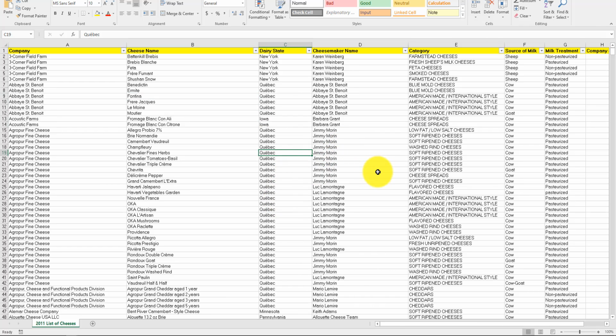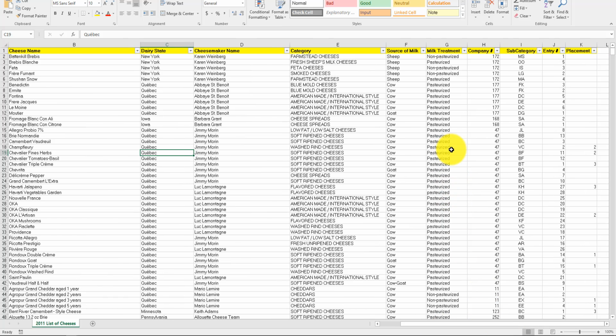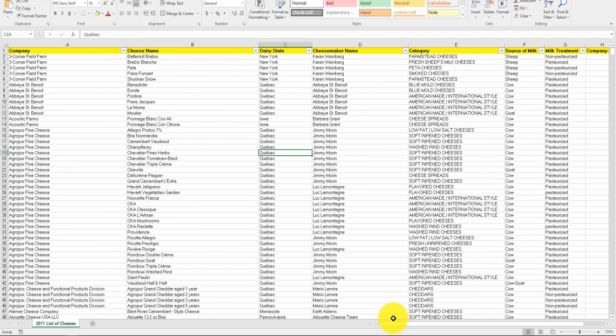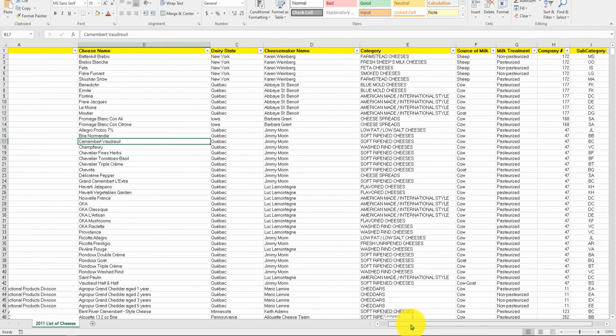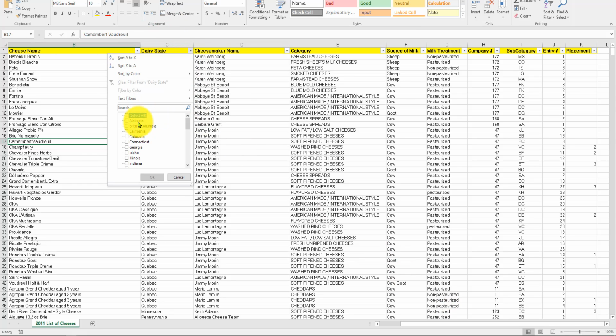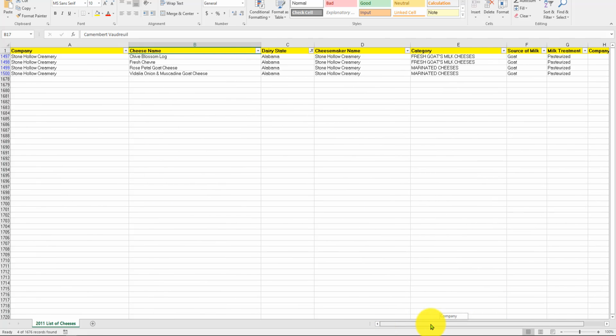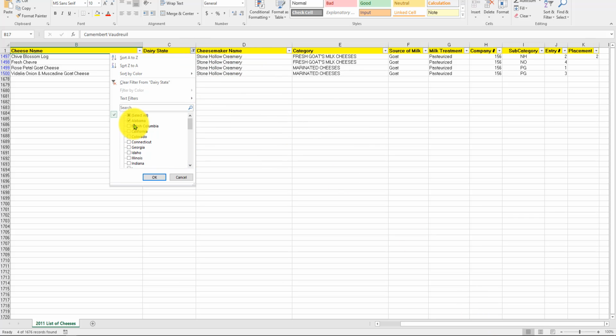Now, depending on your purpose and your business objective, you're going to dig into this a different way. For example, if you are studying a particular company only, well, then you're going to care more about company data. But if you care more about what cheeses are coming out of Alabama, no matter what company, and it just so happens it's the same cheese company, you would care more about the dairy state. Now, British Columbia, for example,